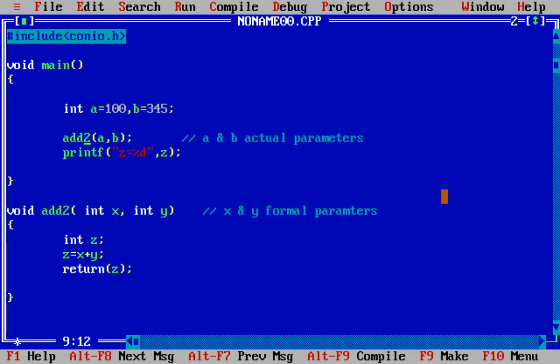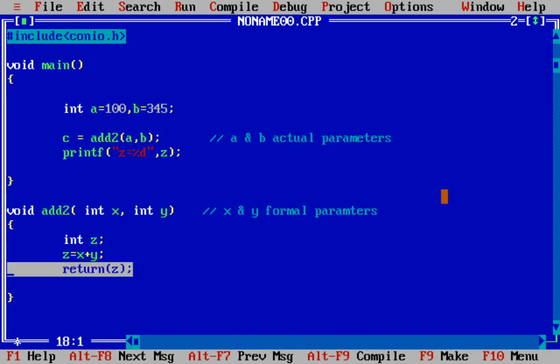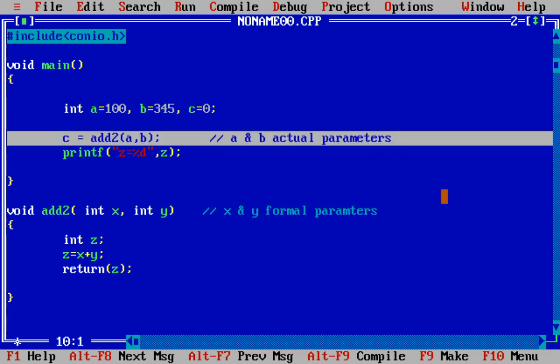Now just like we have passed a and b to x and y, we have stored those values. Similarly, if we are returning the value from z, then we need to store it in some variable. So I will write down like this, c equal to add to a comma b, which is going to return me z. If we call this function, we are getting the value z, so that z value will be stored in c, and naturally we need to declare the c variable, because every variable has to be declared. Okay, so we have declared a and b, maybe c equal to 0 you can set as initial value, otherwise it will be garbage.